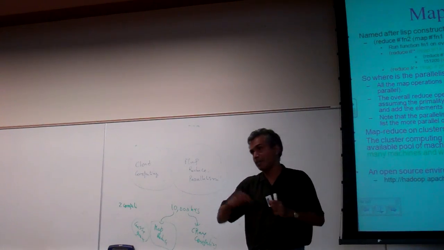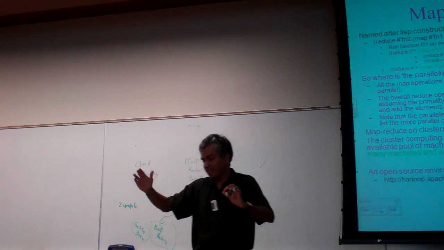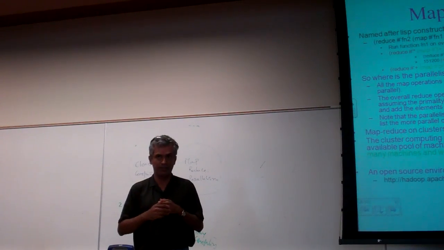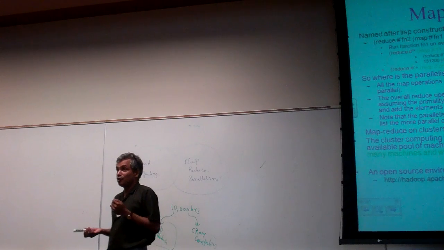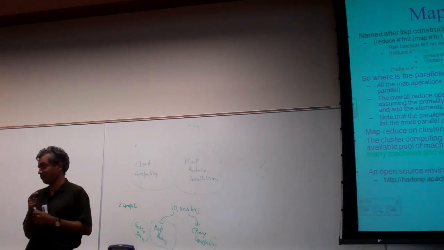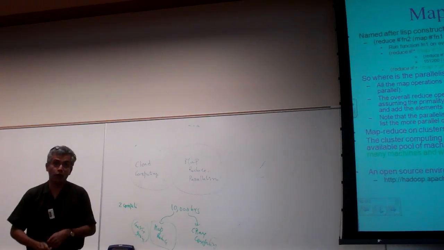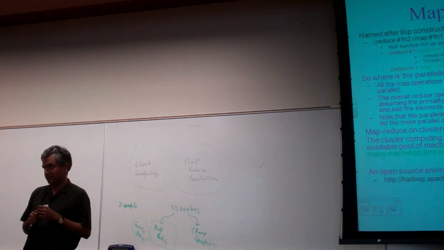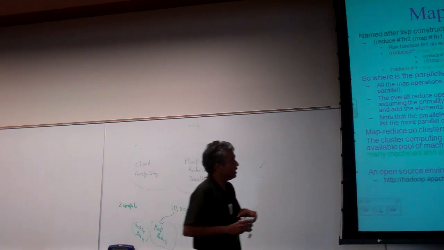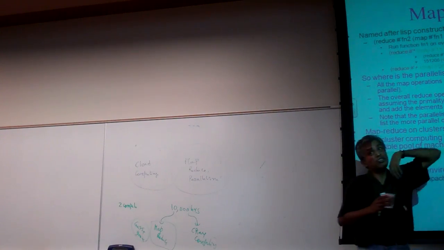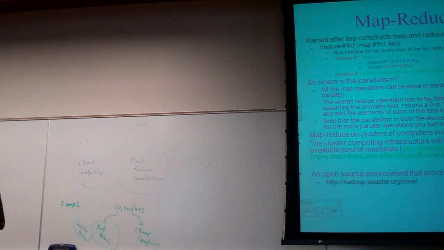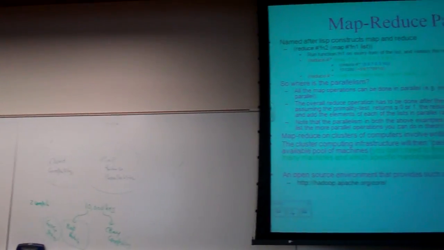A plus B is the same as B plus A. A plus B plus C is the same as A plus B plus C, regardless of grouping. That's what commutative and associative means. Whereas that's not true for division and subtraction, and it's not true for a whole bunch of operations in the world. So in general, you would like to make your reduce computation commutative and associative. Why? Just a second.